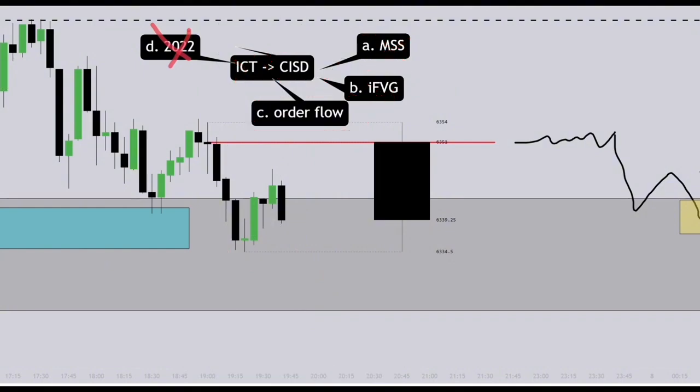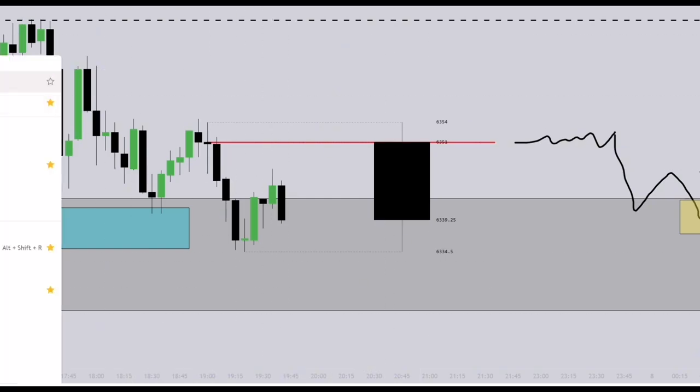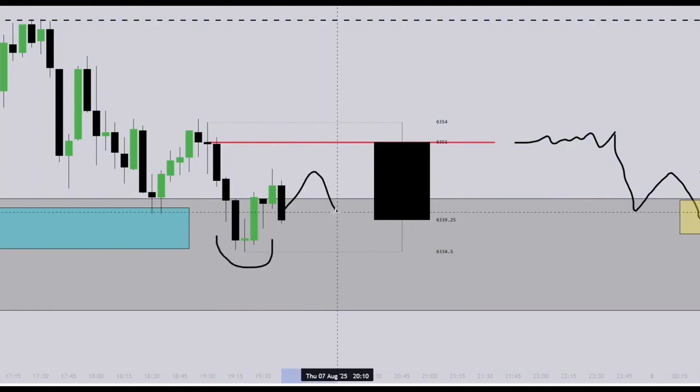And so how are we going to figure that out, right? All you need to know is, are buyers in control, right? Once you come into a key level, are buyers in control? Are sellers in control? And the way this works is if you see buyers in control, you want to buy. If you see that sellers are in control,